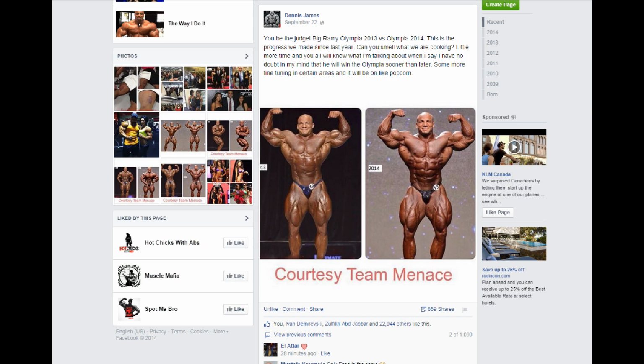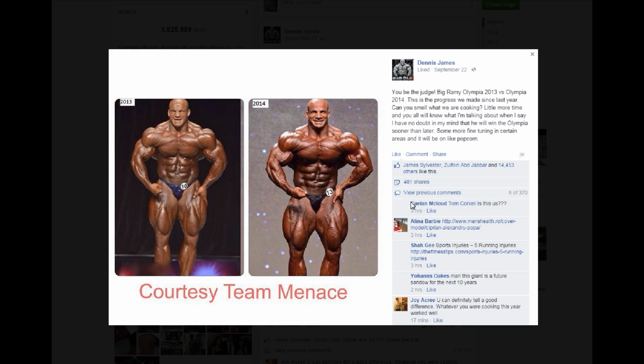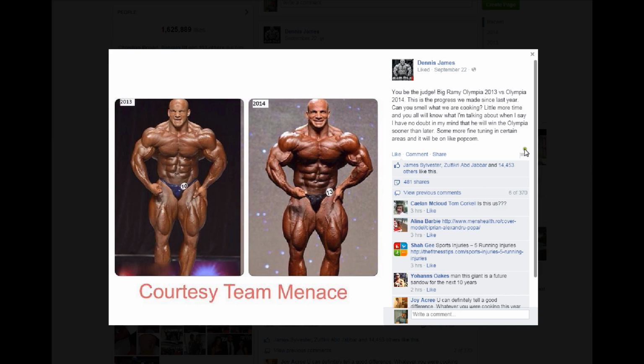Anyway, I'm going to show you another picture real quick, so you can see the progress as well. There you go. It's not only lighting, guys. It's definitely heavier, a little bit bigger as well, and the roundness is starting to come. So definitely more muscle maturity is starting to come in. He is 30 years old now. He's 30 since a few days, and has been training for a tiny bit more than 4 years,